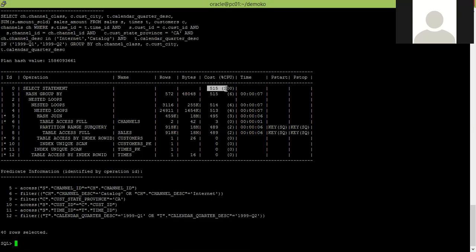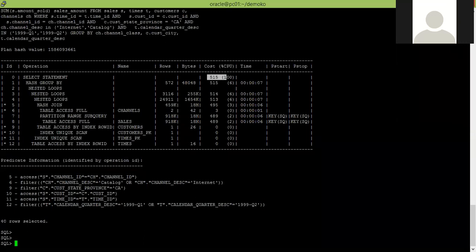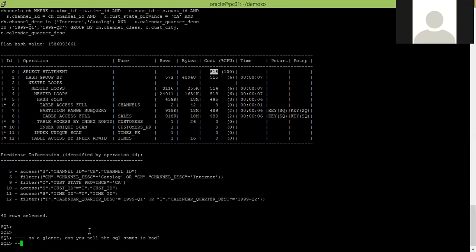Okay. So again, the second step is to detect whether statistics are up to date or current. So the time is 7 seconds. The cost is 515. And whether you're asking me whether this SQL statement is bad, I can say yes. By just a glance, can you tell the SQL statement is bad? I can say yes. How? Here,